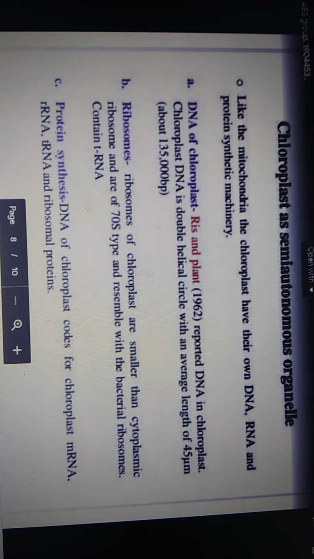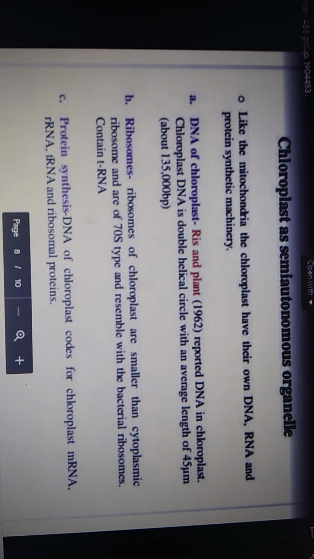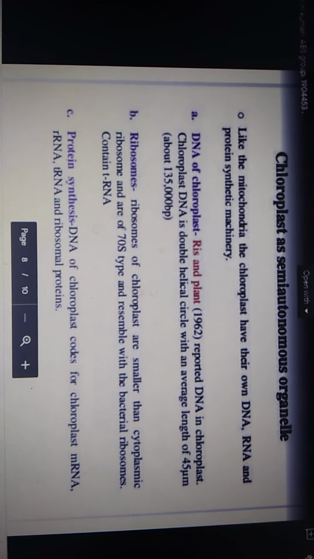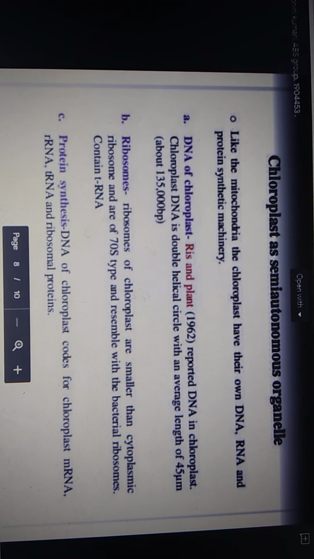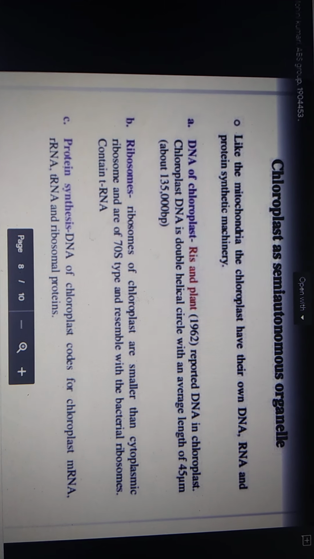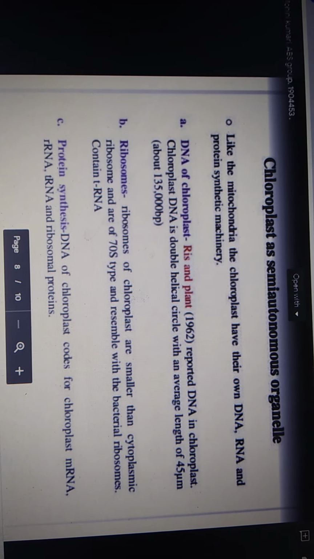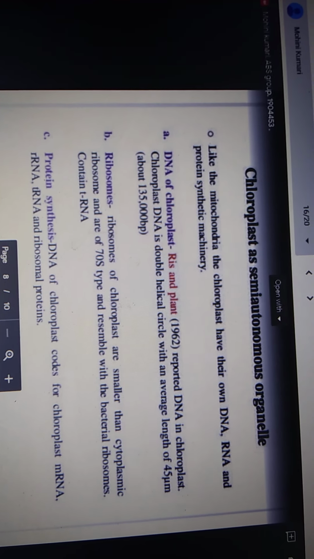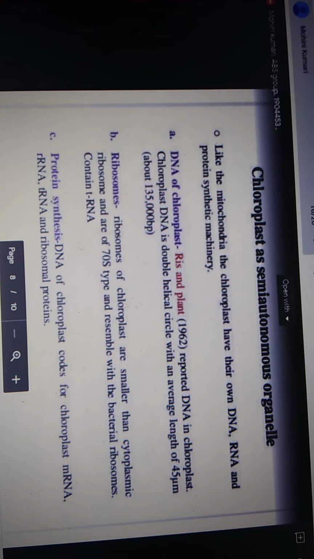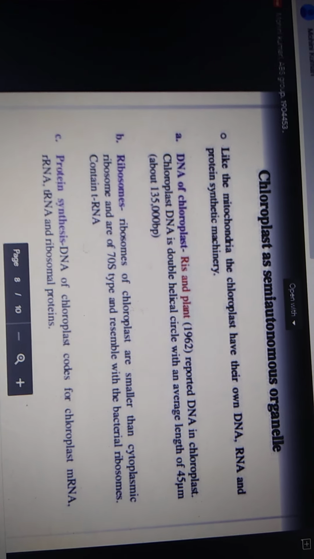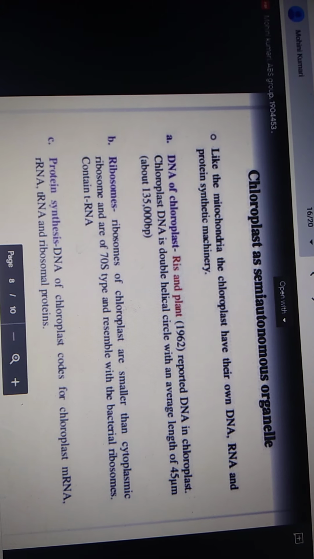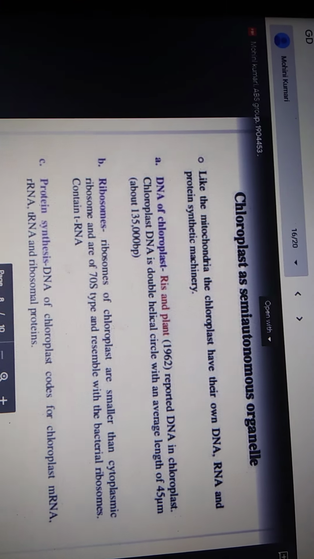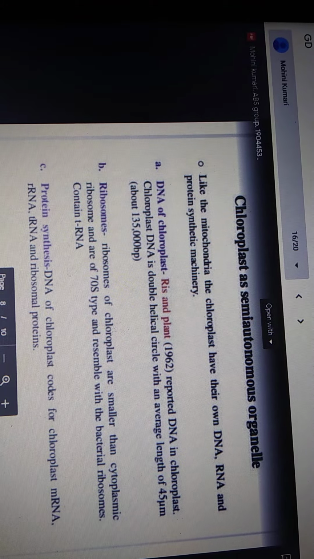Similar is the origin of mitochondria. Chloroplast and mitochondria are both semi-autonomous organelles. Earlier they were independent, but during the course of evolution their genes slowly transferred into the nucleus, and now 90 to 95% of their proteins are